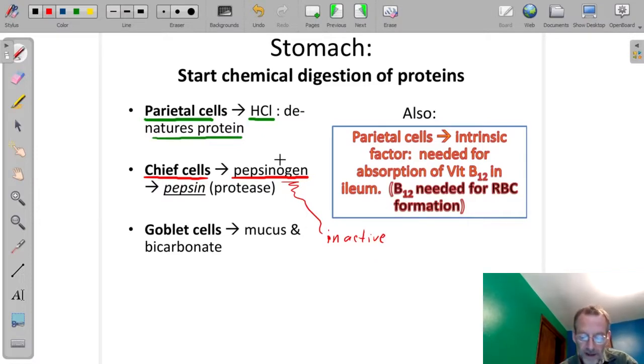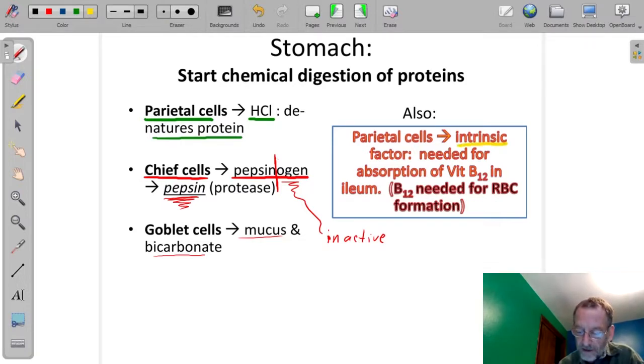And when you cleave off the part of the polypeptide, you're then left with pepsin, which is the active protease. So pepsinogen is sort of a pro-protease, if you will. The goblet cells are producing mucus and bicarbonate. Something else to note, as I mentioned on the other slide, is that parietal cells are also producing